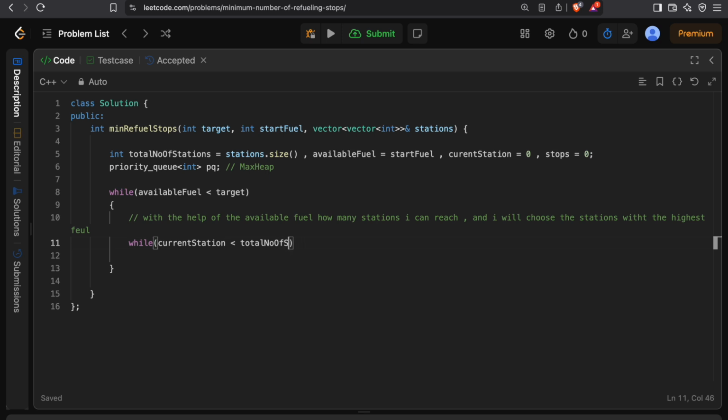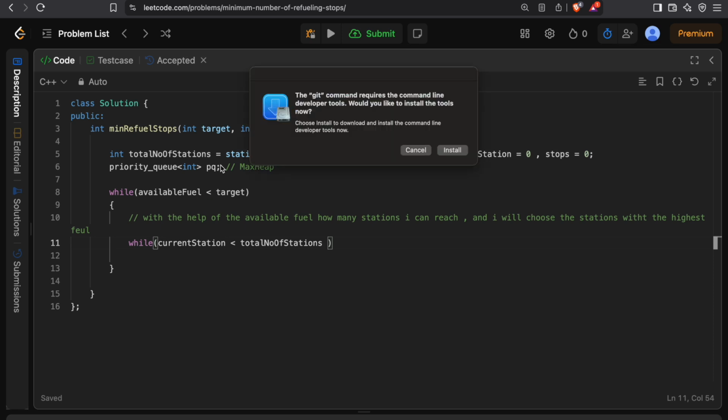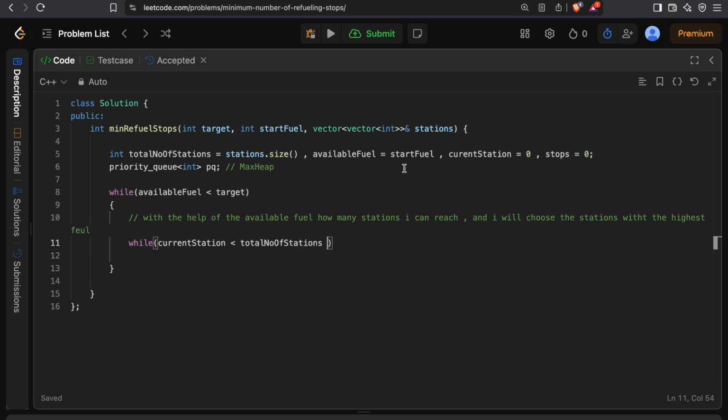Of course the variable names should be better when we are actually coding it, but since I want to explain to you, I'm just writing longer names of the variables. So while the current station is less than the total number of stations, and